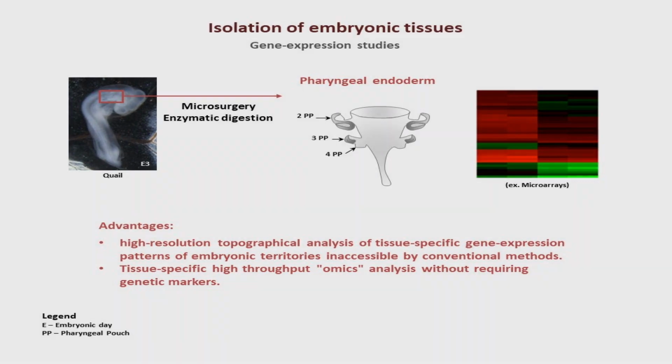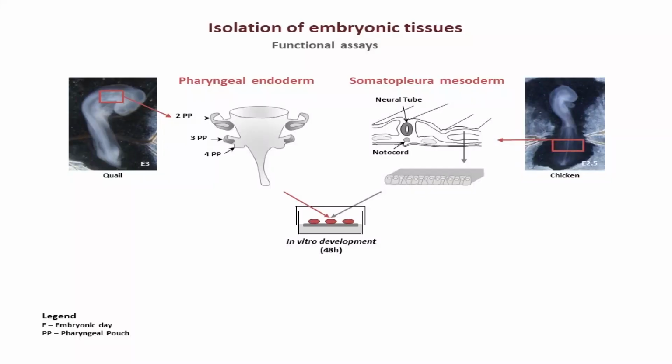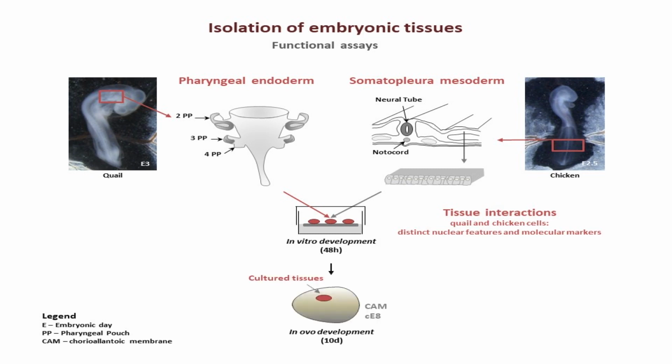high-throughput omic analysis. Alternatively, the isolated tissues from both species can be associated in an in vitro organotypic assay for 48 hours. This approach allows to study tissue interactions since quail and chicken cells can be discriminated by distinct nuclear features and molecular markers. The capacity of the cultured tissues to form organs can be further tested by in ovo